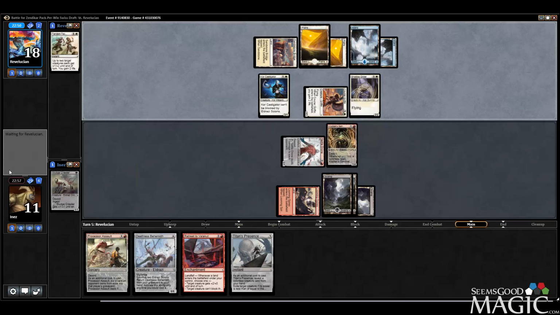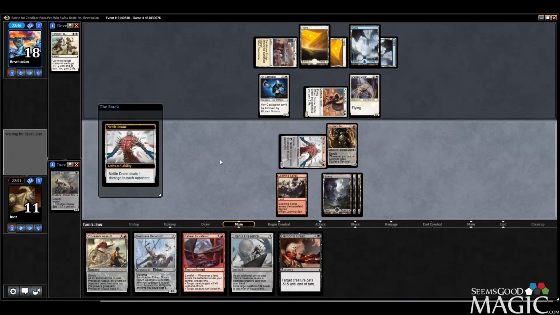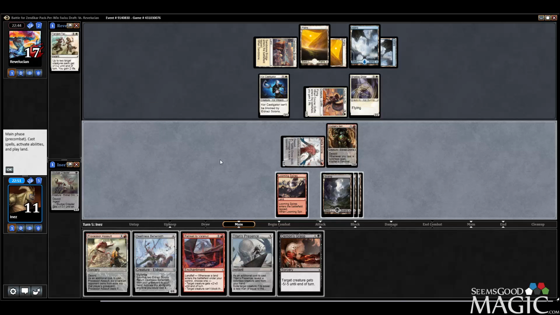Alright. It's just a standard blue-white Flyers deck. So let's go Nettle Drone ping. Kind of want to save the... Guess we...